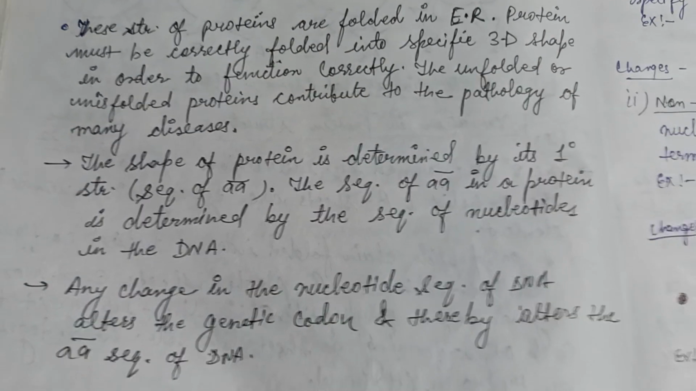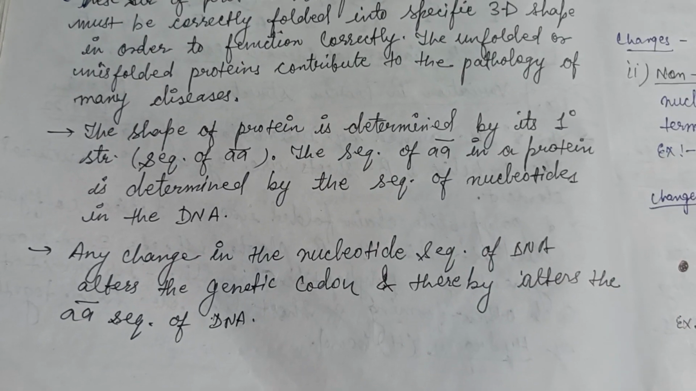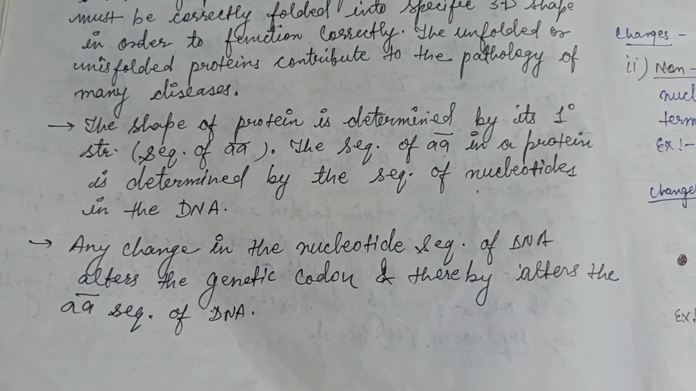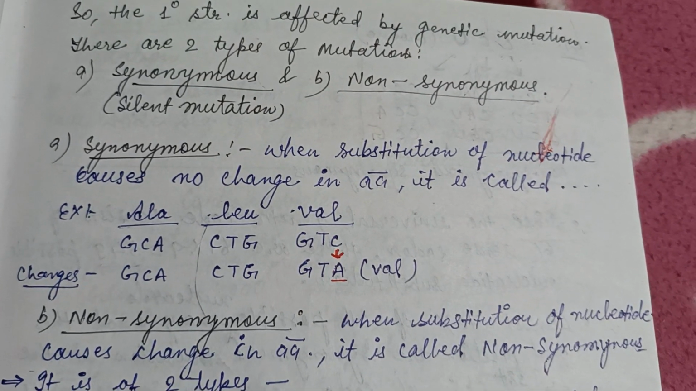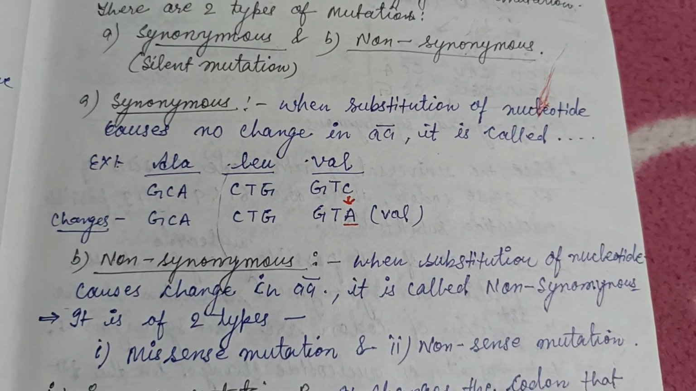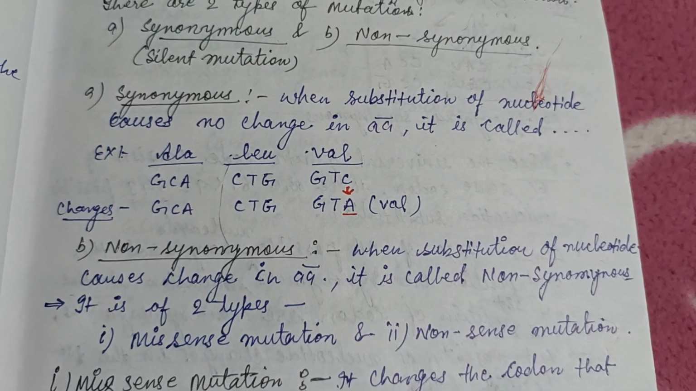The chaperones and chaperonins regulate the correct folding of the protein. Any change in the nucleotide sequence of the DNA alters the genetic codons and thereby alters the amino acid sequence of the primary structure of the protein. The protein is affected by genetic mutation, which may be of two types: synonymous mutation, also known as silent mutation, and non-synonymous mutation, which is very important